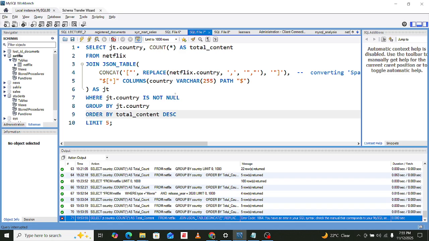I don't think we are missing anything. That is path. There's this country, virtual path.